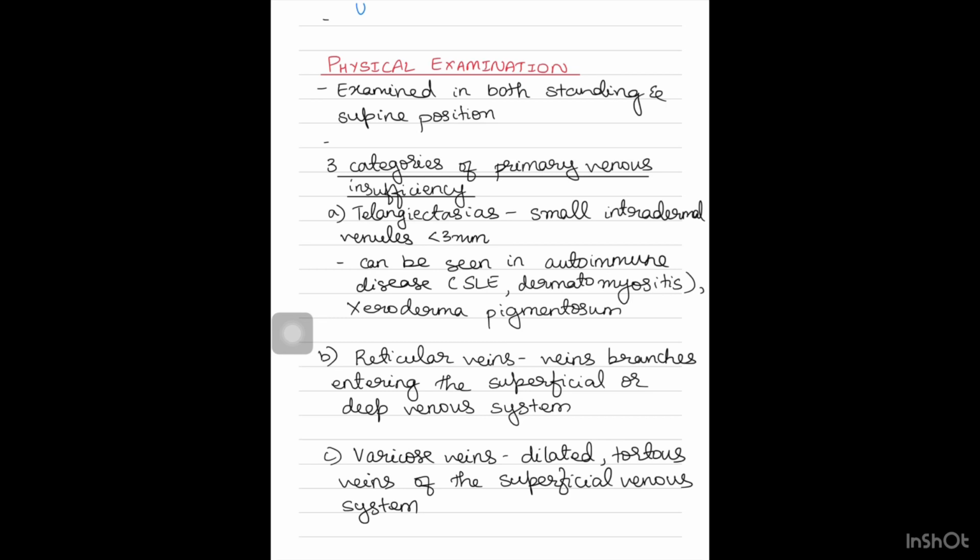Standing position makes the varicose vein more prominent, and you can make out which veins are involved and what could be the probable cause. So, three categories of primary venous insufficiency: